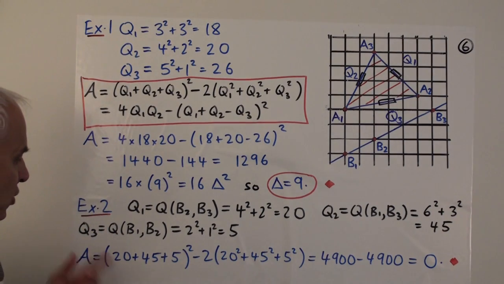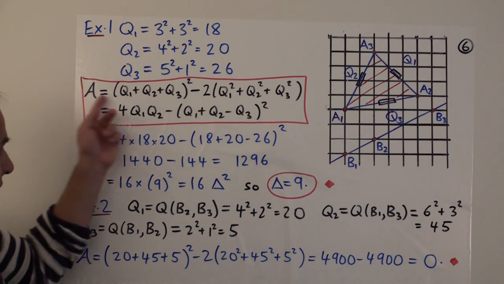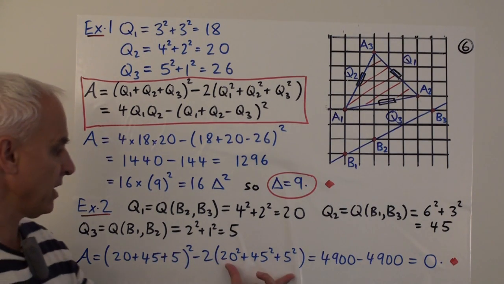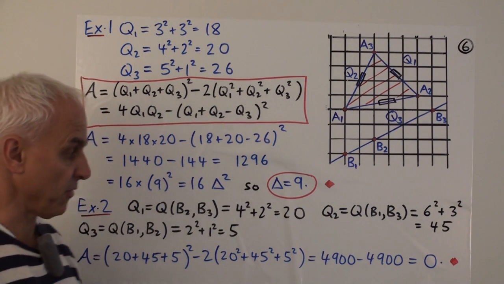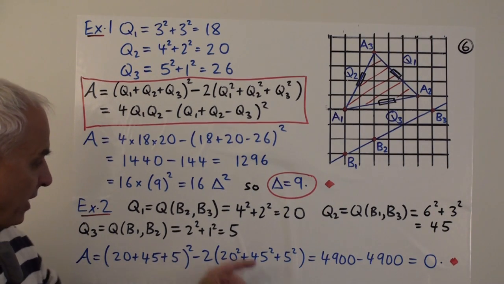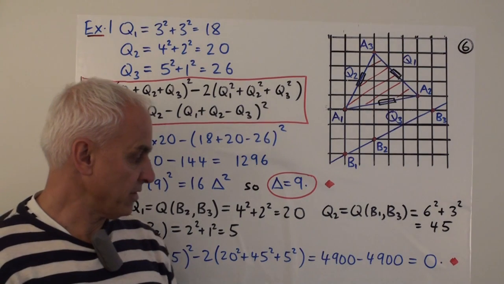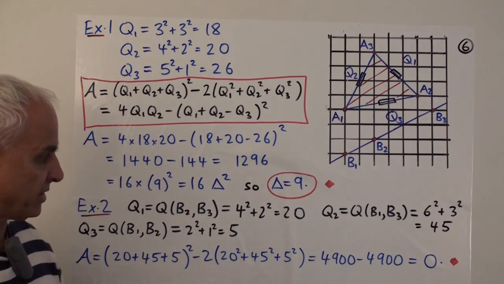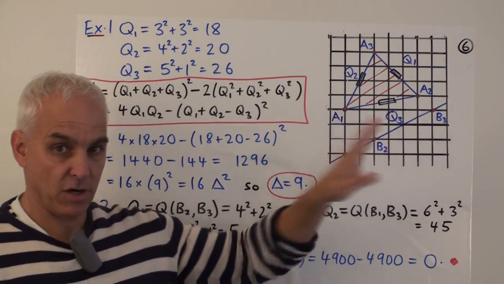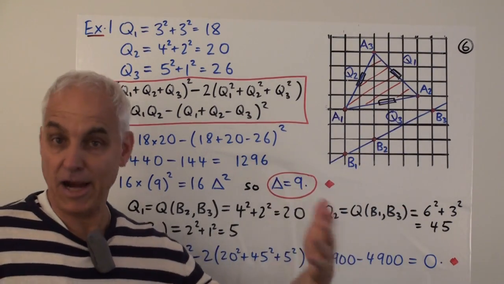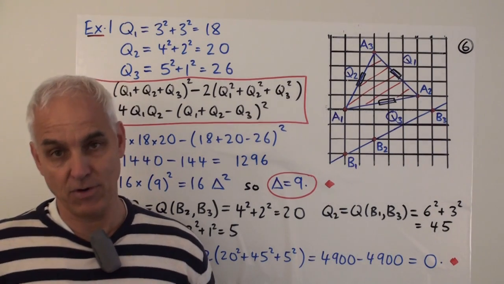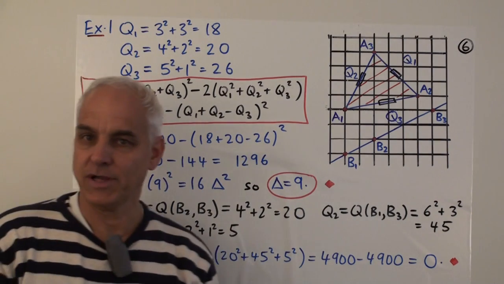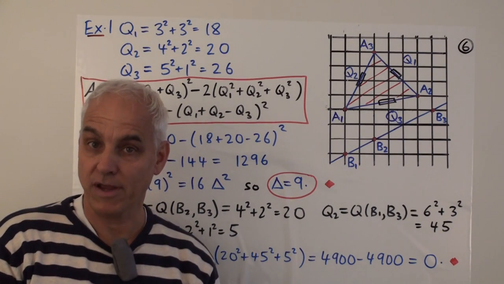Okay, and the quadria in this case, using the original formula, sum of the 3 quadrances all squared minus 2 times the sum of the squares of the 3 quadrances. And you can work that out. You get the difference of 4,900 with itself, and you get 0. So in this case, the quadria is 0. That's telling us that these 3 points are collinear, or that the area of the triangle that they formed is 0. This is rational trigonometry at work in a very simple but important case.